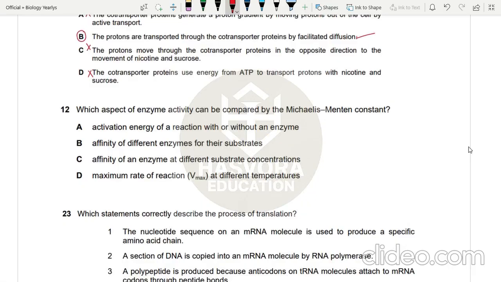Which aspect of the enzyme activity can be compared by the Michaelis-Menten constant? We know that the Michaelis-Menten constant is the Km value, and the Km value is the substrate concentration at half the Vmax. And it is actually used as a measure to deduce